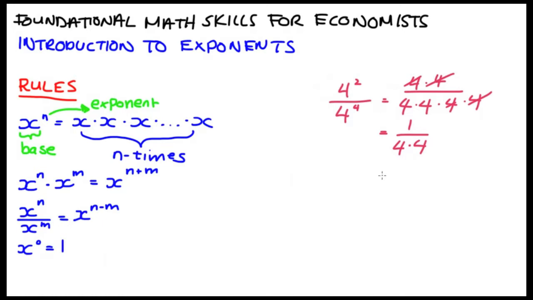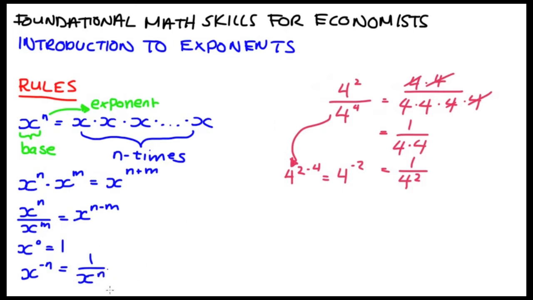squared. Now this again, let's just try our division rule for our exponents. 4 to the power of 2 divided by 4 to the power of 4 should just be equal to 4 to the power of 2 minus 4, which is equal to 4 to the power of negative 2. And so what we can see here is that any number raised to a negative indice is just going to be equal to 1 over the same term but with a positive indice. So x to the power of negative n is just equal to 1 over x to